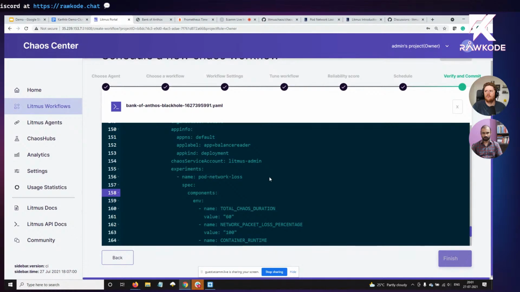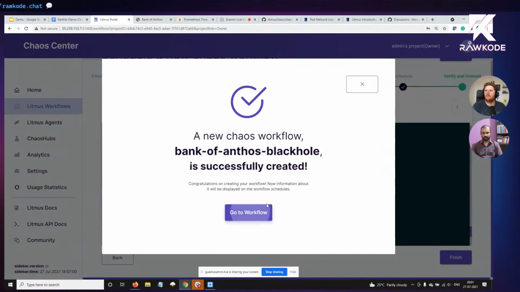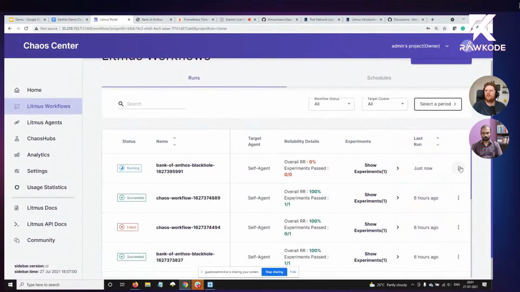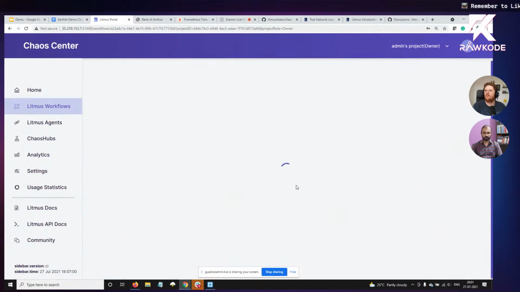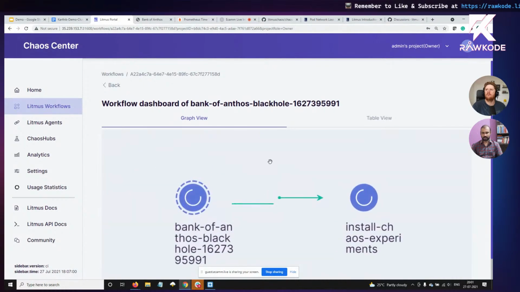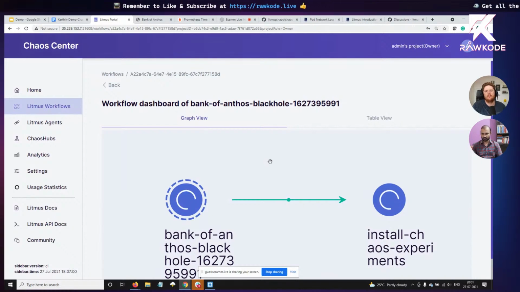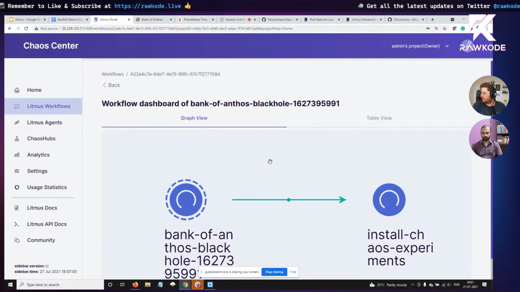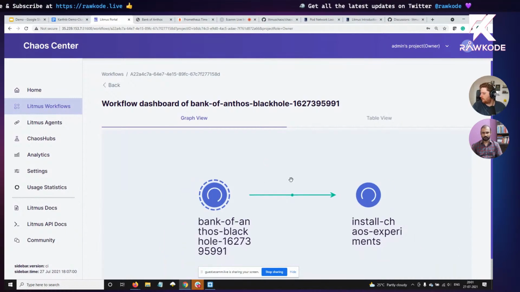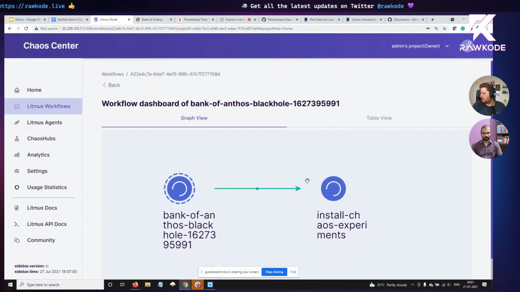Let me finish the flow of the wizard and go to the workflow. So this is going to run, and there will be some transient pods created in your Litmus namespace, which are now doing these tasks of pulling the experiment template from the hub and installing it, and then launching the chaos engine to trigger the actual fault injection. So that can be visualized in this particular visualization graph. There's also a table view